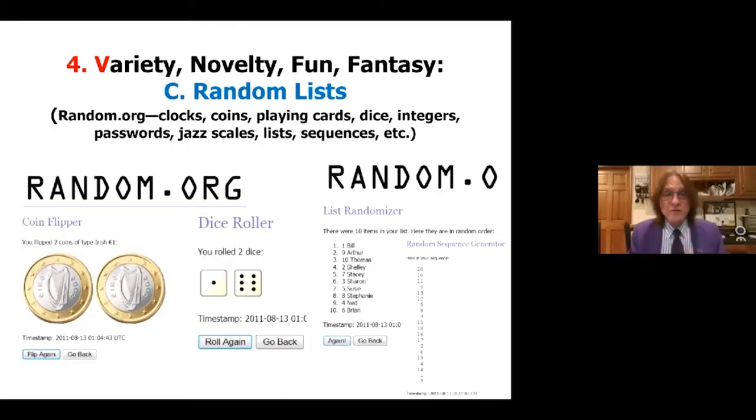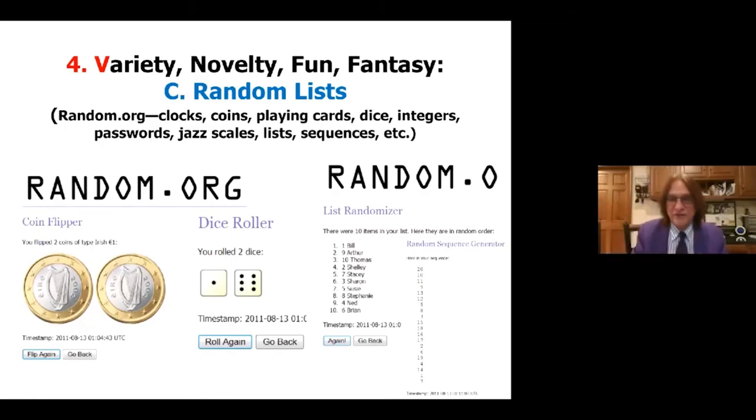Another way to create randomness, and I don't have my dice with me, is to flip a coin or roll the dice in random.org. Random.org will randomize who's going to present that day. If your students are presenting final projects, the randomizer will pick who goes first, second, or third, so the students don't think you've done it.